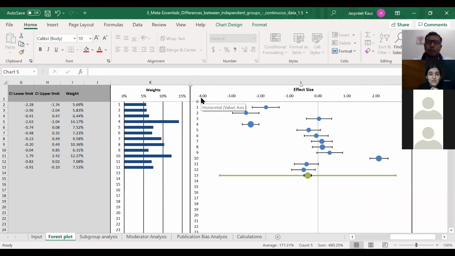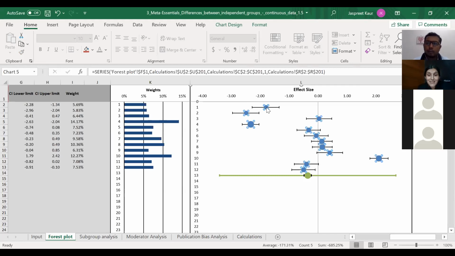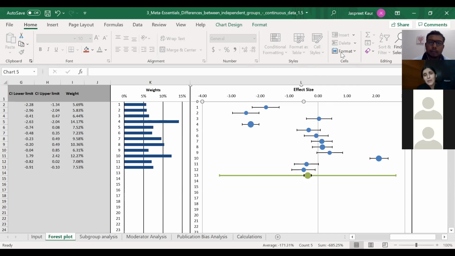The scale starts from minus 4.00 to positive 3.00. Forget a forest plot, it's a simple graph. Study number 1 should be minus 1 point something, that has been plotted. Study number 2, minus 2 point something, it has been plotted. So this is how it's been done. It's a normal graph basically.